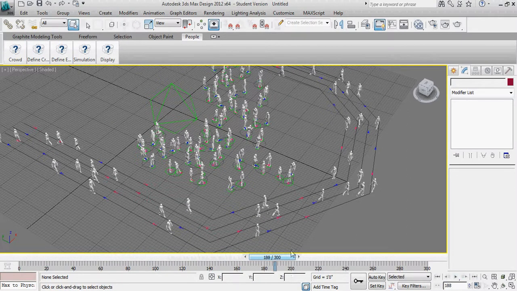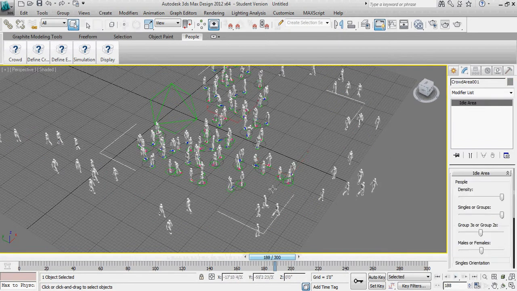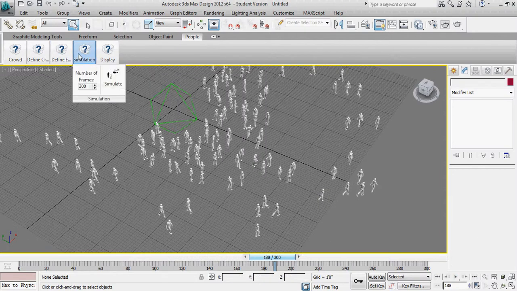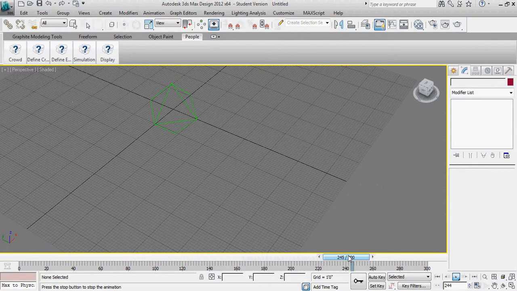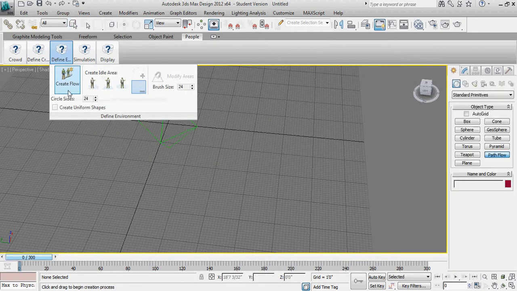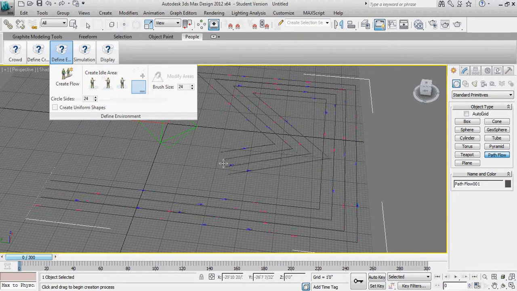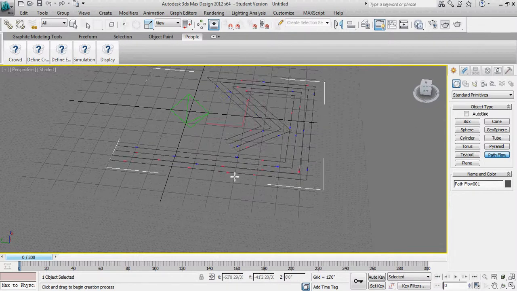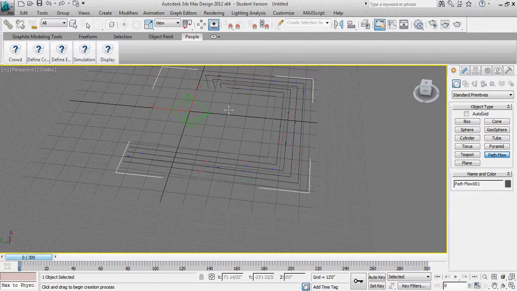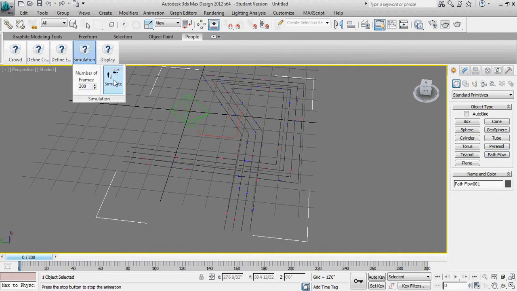Okay, and some of the known limitations for this that I did want to talk about is, let's delete that crowd area and simulate, so there's nothing there. One of the known limitations is if we begin to create a flow and let's say we want to do something really interesting, which is fine, but if we start to cross this path, we should, oh well, if I didn't click, there we go. Let's just do that really quickly again. If we cross the path, okay, and let's hit escape to get out of there, and we click simulate,